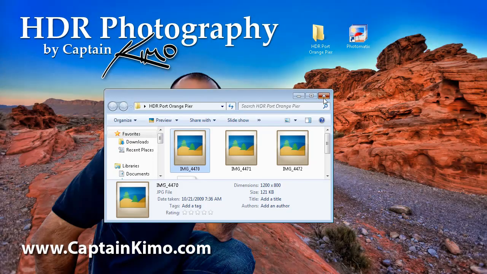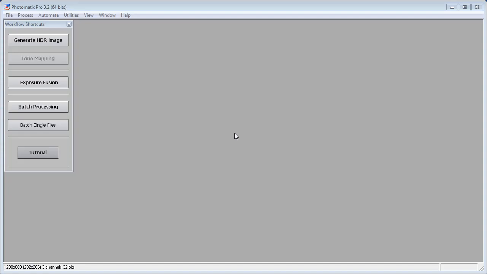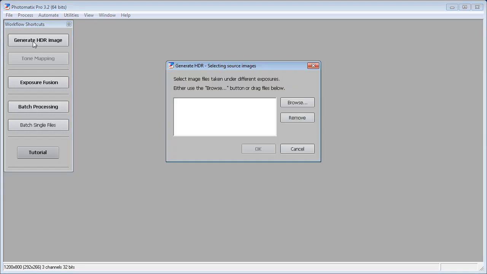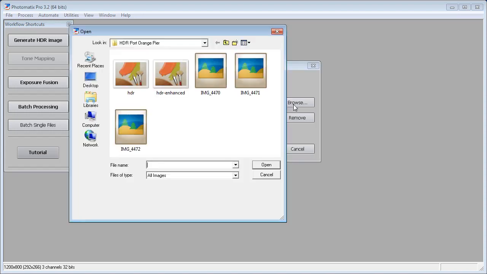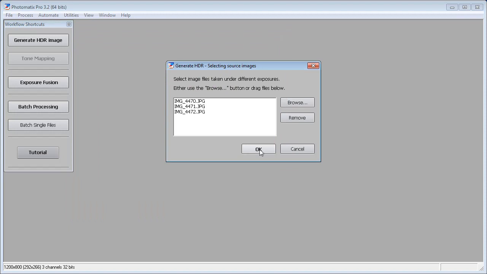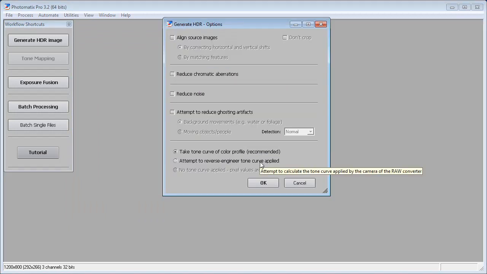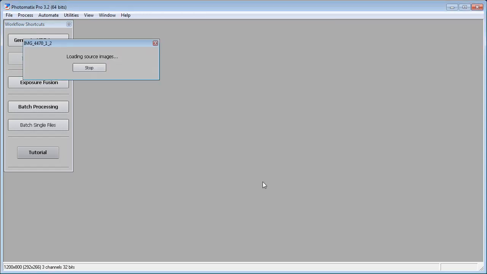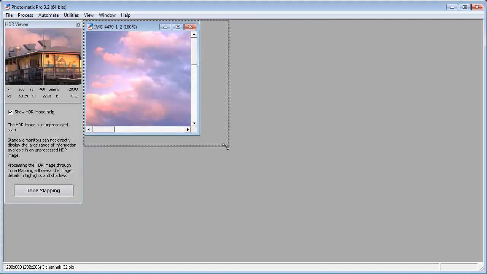So let's get started. Let me go ahead and launch up Photomatix here. Alright, let's begin. The first thing we're going to do is click the Generate HDR Image button. And then we get a new window here, and what we want to do with this is just click Browse. We'll get another window, and this is the window that will allow us to select our photos that we want to use to create our HDR image. So go ahead and select your photos and click Open, and then click OK, and then you'll get a new window. This window has options. Let's not worry about them for now. We'll keep it simple. Click OK,